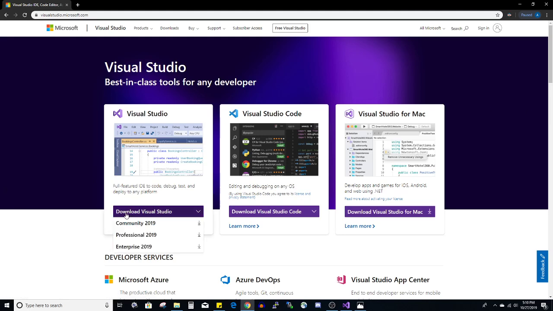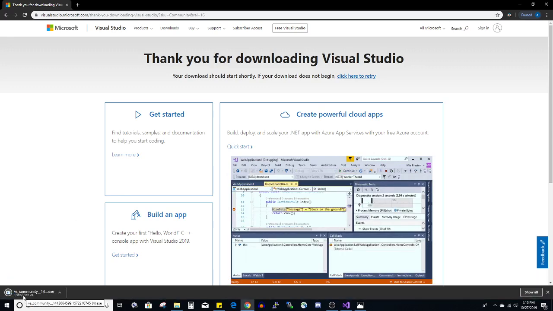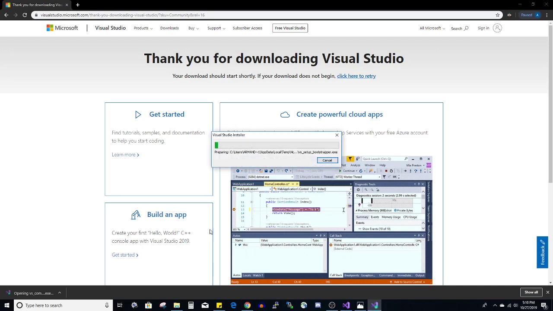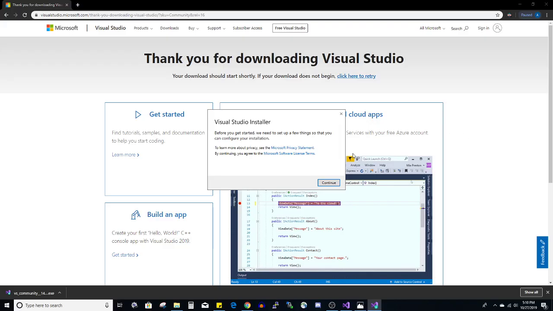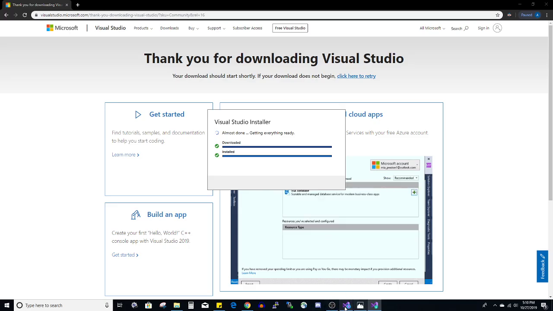A screen like this will appear. Let's go to download Visual Studio Community 2019, which should automatically download us the installer. Okay, once that's done, click on that, hit yes, have it go through the installation wizard, yada yada. Once that's done,